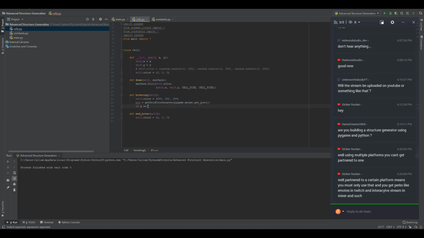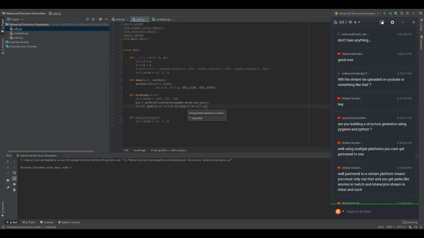So if the x is the same as our x, so if pos 0 is equal to self.x, and pos 1 is equal to self.y, if they're not the same. So if not, and then if I put that in brackets,